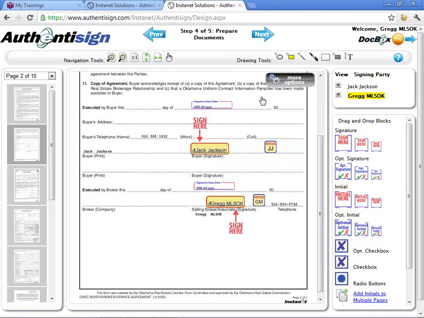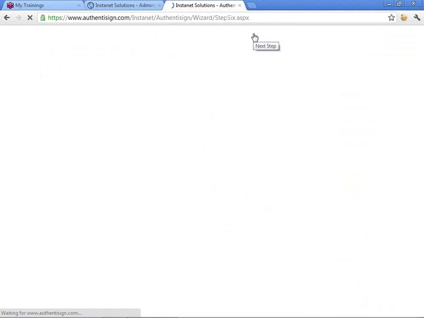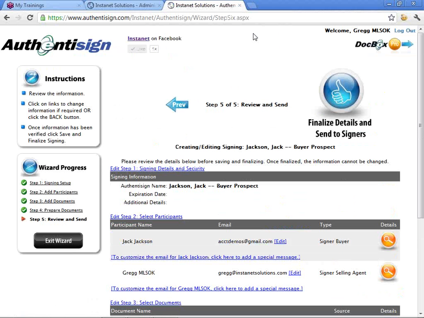Authentisign lets you plot anywhere you would require an ink signature or initial on a paper page, and adds a digital signature or initial on the digital page. We offer full 45-minute sessions to go through the process of signing, but for the time we have today, clicking on Next, plot your initials and signatures. Once we finalize and send, your signing participants will receive an invitation to participate in the online